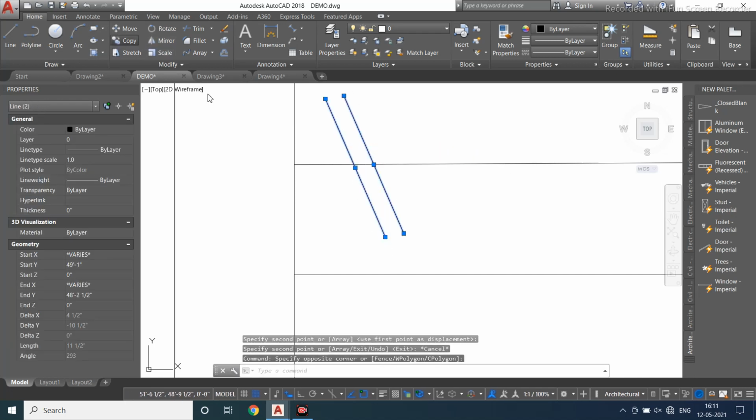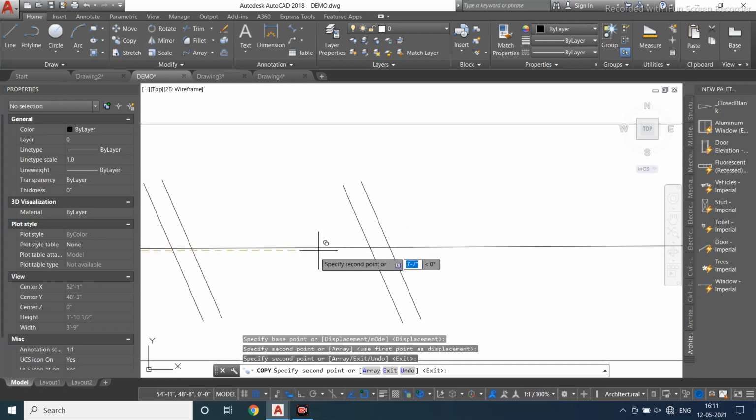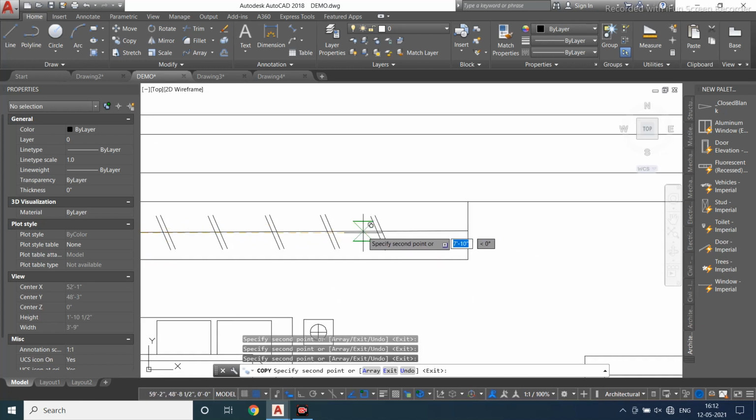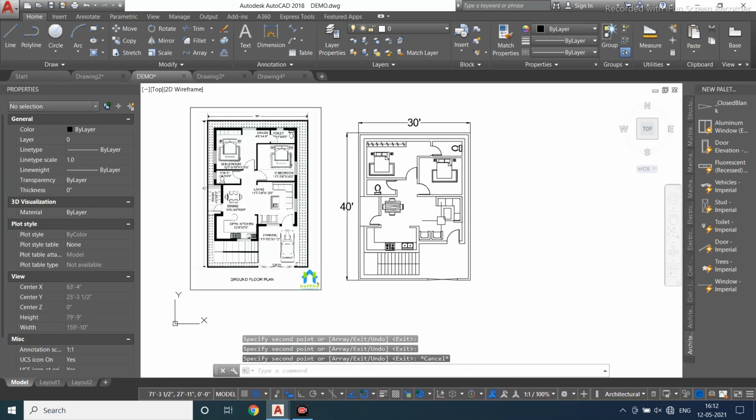So this one I'll be copying in this format to show my closet. So this is also done with your sofa, everything.